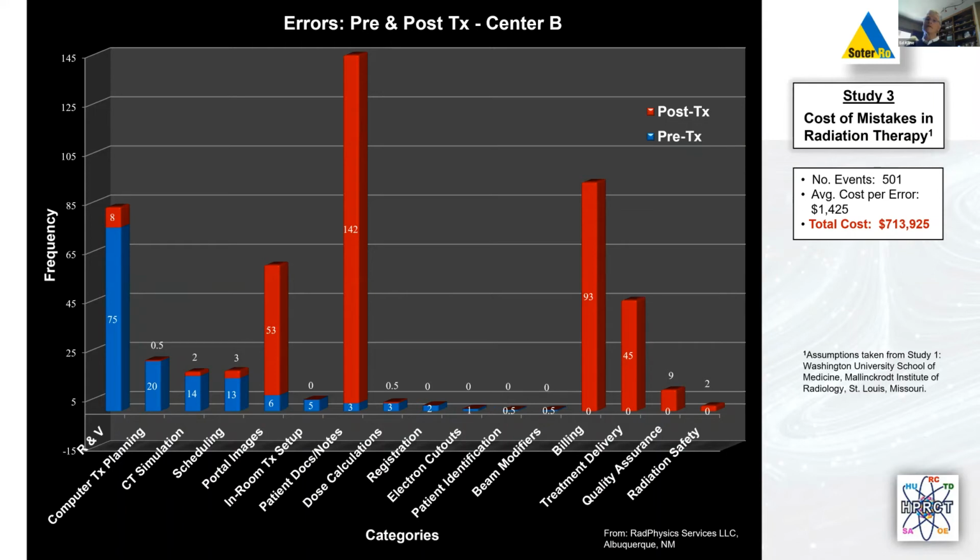In this case, we had a lot of patient documentation errors, in that very middle, 142 mistakes that occurred after treatment began. And then you move on down through the others. But the total cost in this case, in regards to what it takes to fix those mistakes, is $713,000, almost $714,000. So there's a lot of money that's going